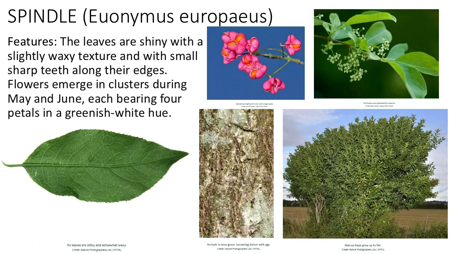Okay, next we're going to look at the spindle tree. So the key features of this are the leaves, which are shiny with a slightly waxy texture and with these small sharp teeth along their edges. Hopefully you can see the detail from the picture just on the bottom left there. The flowers emerge in clusters during May and June, each bearing 4 petals in a greenish white hue. So the top right picture demonstrates that quite nicely. You can see those very small